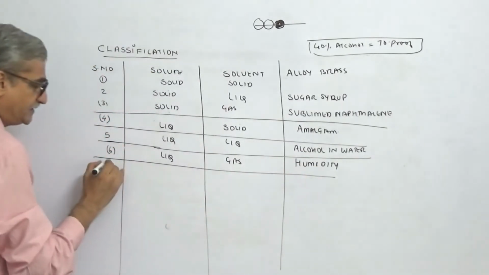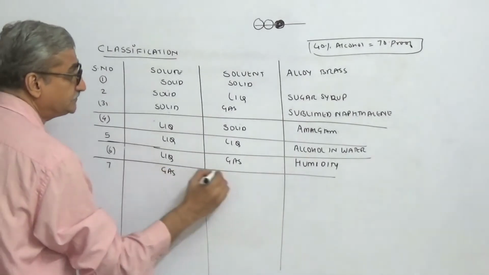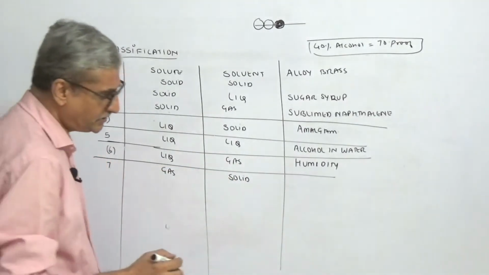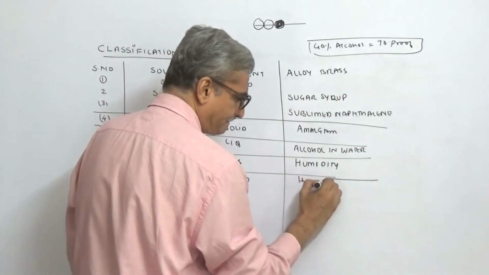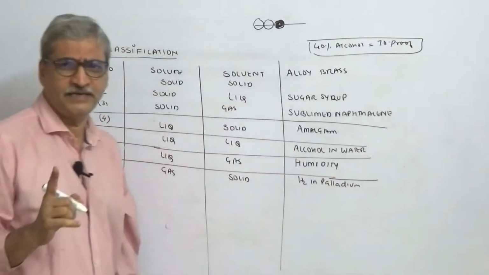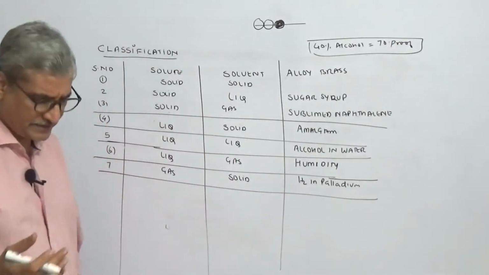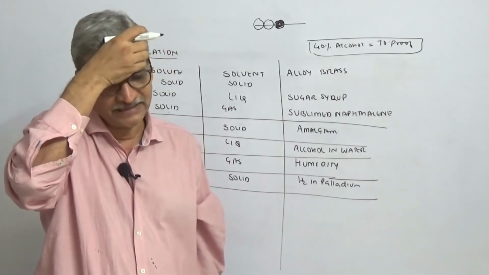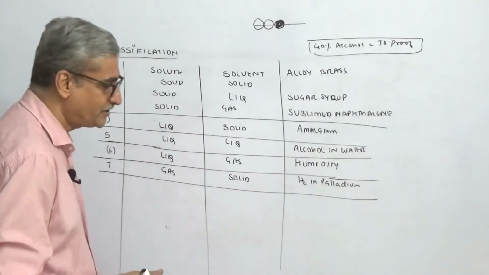Then we have the seventh one, a gas dissolved in a solid. Gas dissolved in a solid, generally we say, is hydrogen gas in palladium. I have not handled palladium in my life, so I'm not very sure. We go by the textual example. There are many things I have handled in life because I was in the industry. We used to use Raney nickel as catalyst, it used to come in kerosene. But I have not used palladium, so I am not very sure.